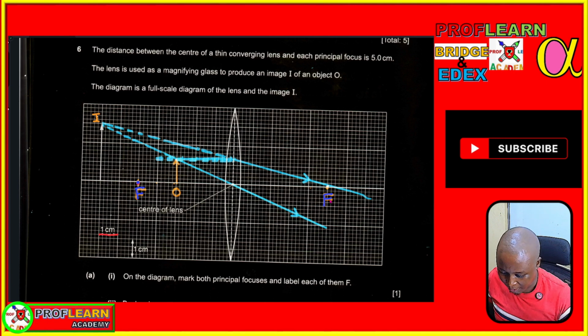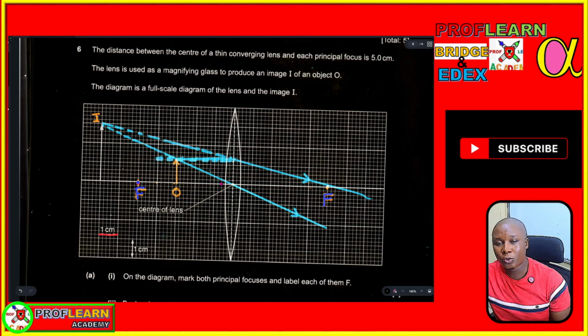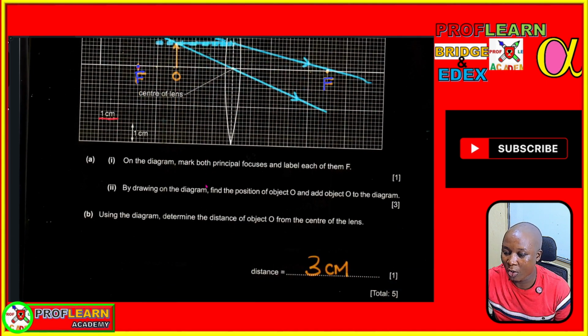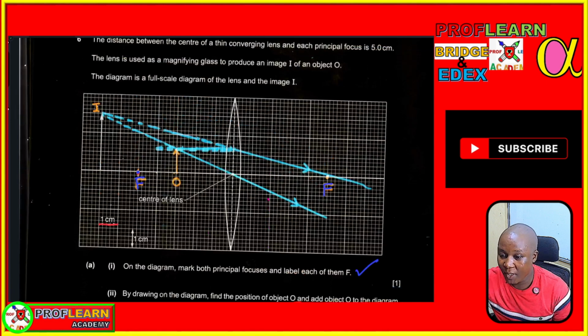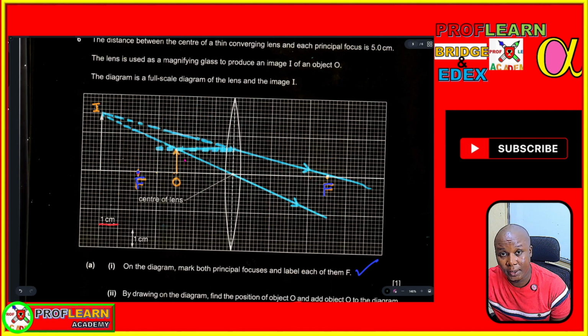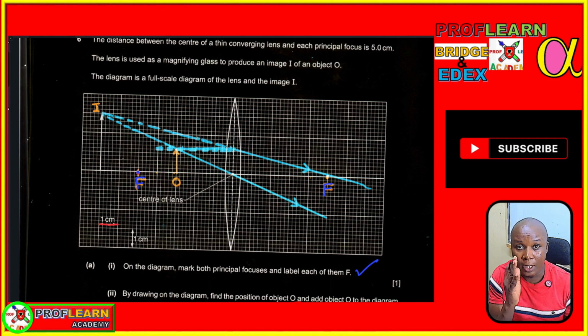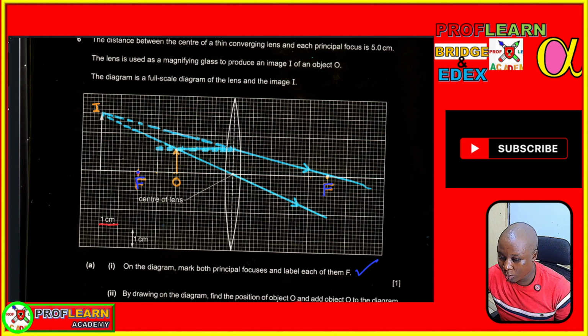In that way, if we want to locate the object, because basically this question is whereby you mark both principal focus on the diagram, we have done that, and then you are told by drawing on the diagram to find the position of the object O. So we are given the image, then we are supposed to locate the object. How do you approach those kinds of questions where you are given the image and you are supposed to find the object? Now, to do that, the first thing that you need to realize